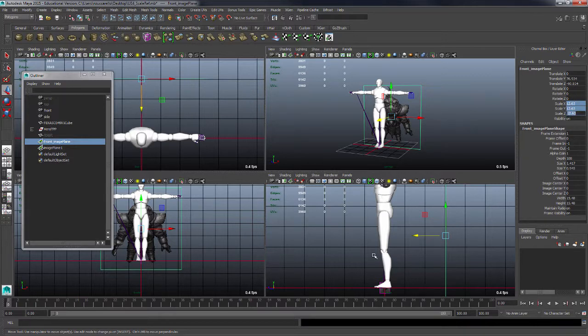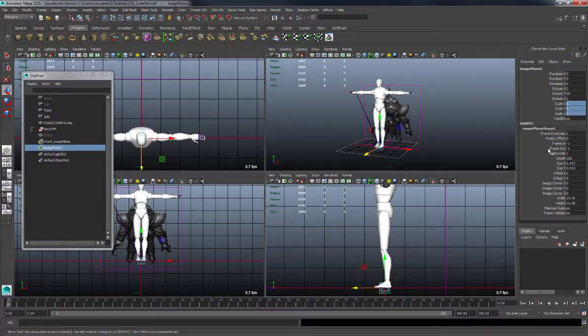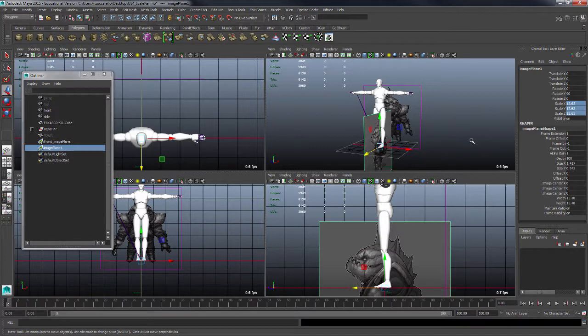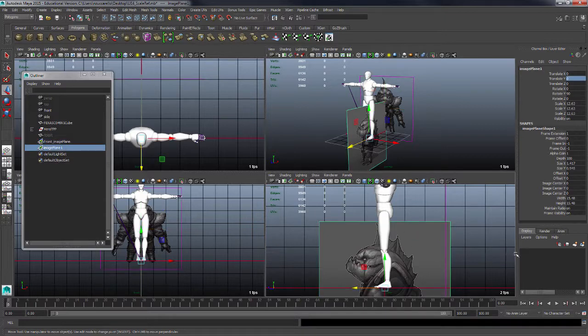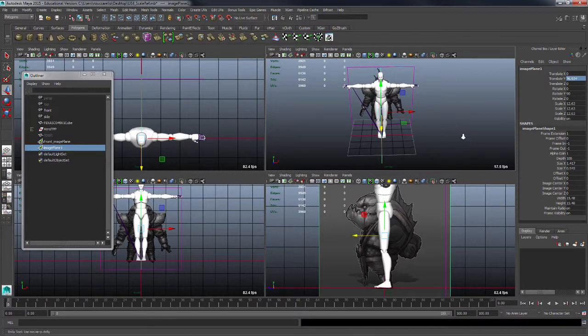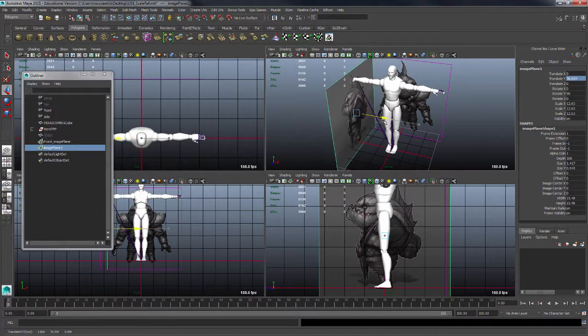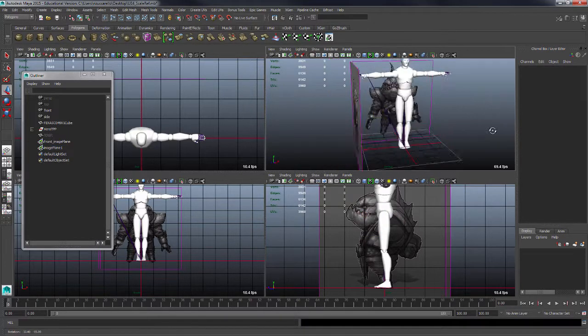So I'll just go ahead and copy that value, and then we'll go down to this image plane here, and for the scale I'm just going to select this one, hold down Shift, and I'll select all these, and I can hit Control V and paste that value in multiple channels all at the same time. The other thing is we want to get the location of this thing, so we're translating up in Y, so you can see we've got this translate Y value. We'll go ahead and copy that, and then we'll paste that into here, and now we're hooked up in this area. And then now I can just push this image plane until I start to form something that looks kind of like a box a little bit,